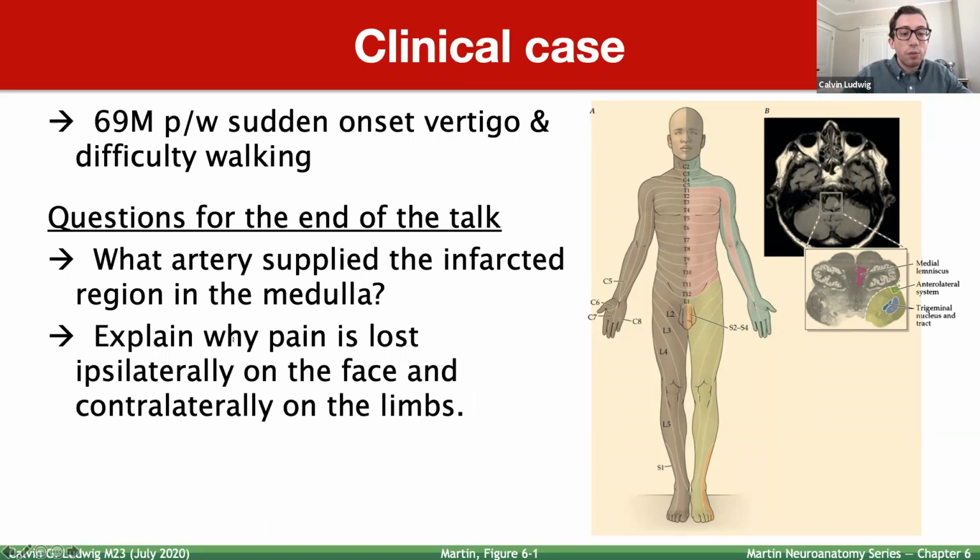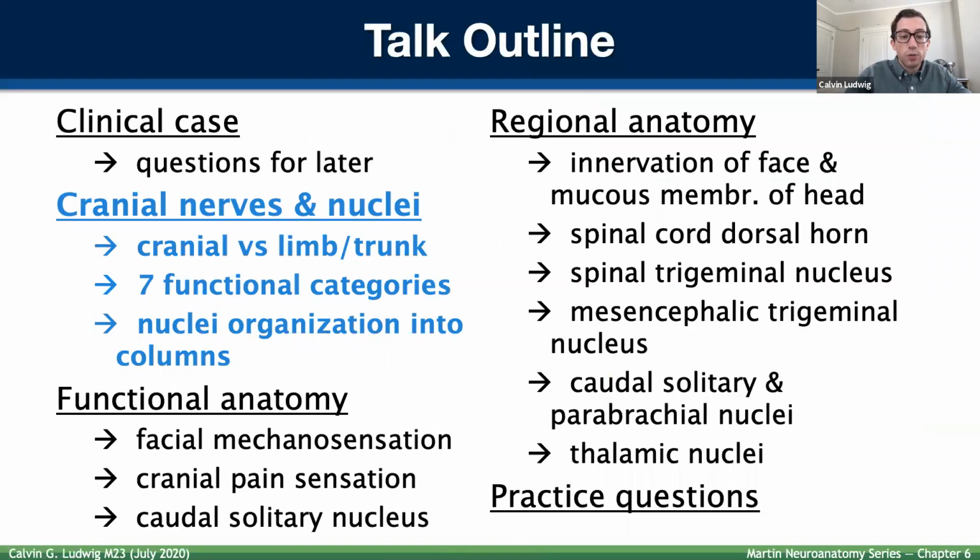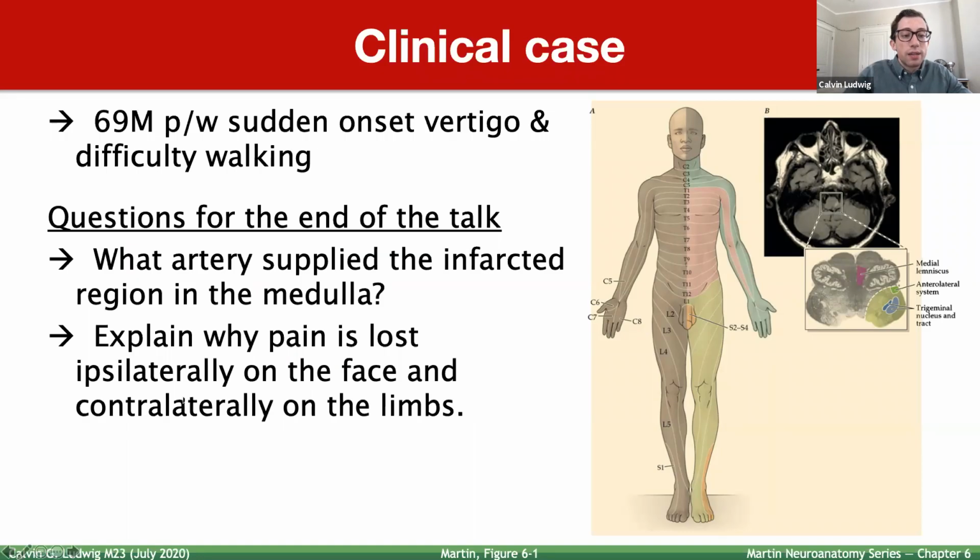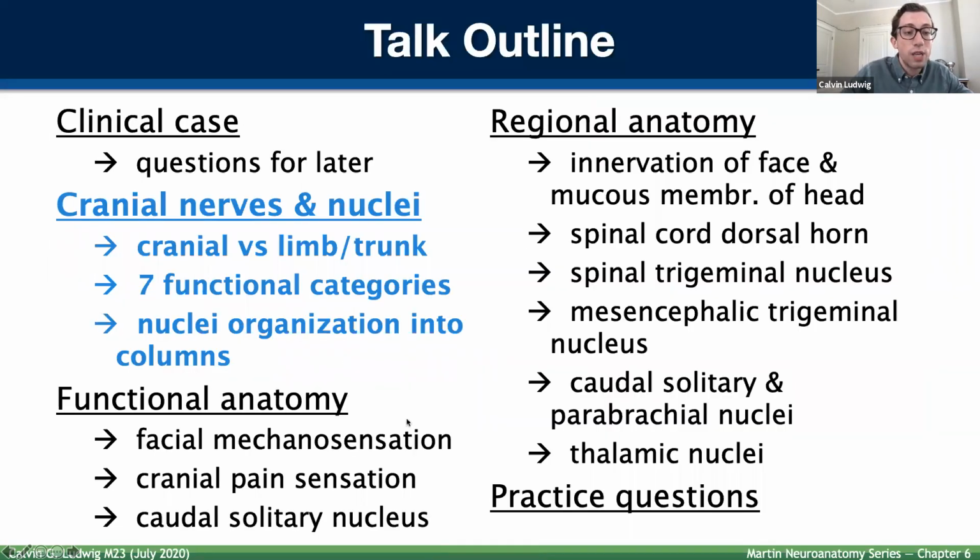Okay, so the questions that we'll look at at the end of the talk are: what artery supplied the infarcted region of the medulla, which is up here in the MRI? And secondly, why is there this ipsilateral, contralateral sensation loss? All right, so keep that in the back of your mind, but now we're going to move on to the cranial